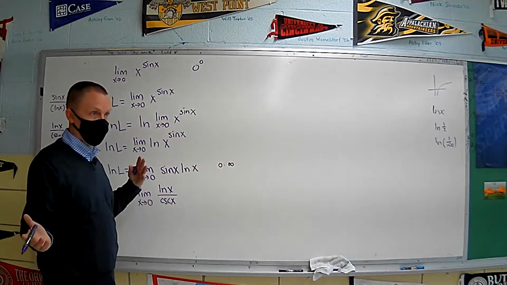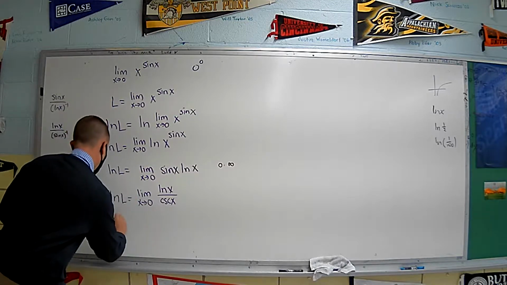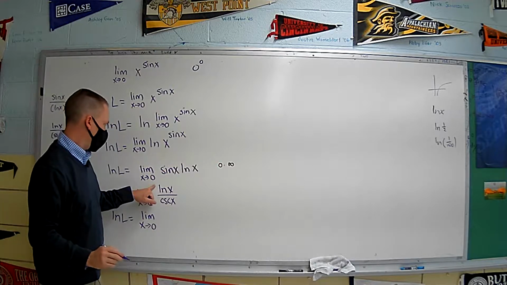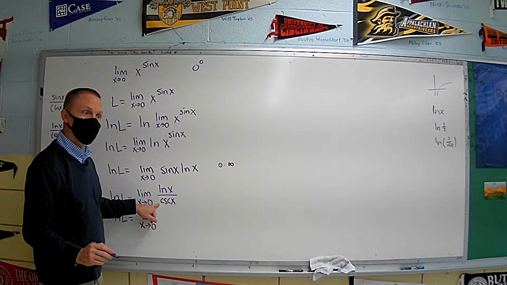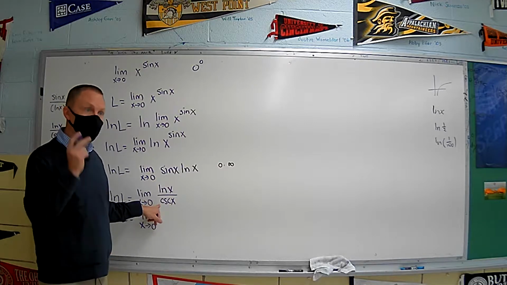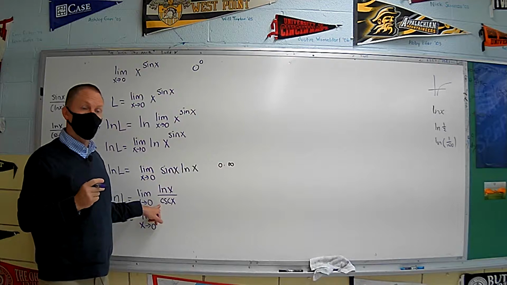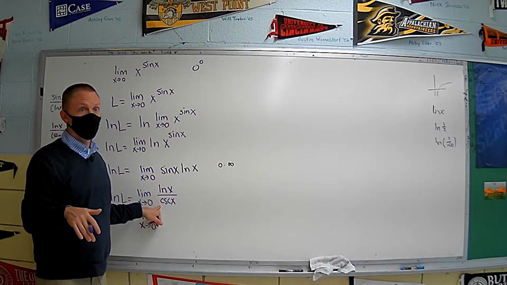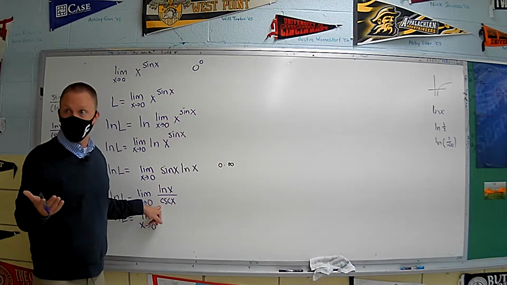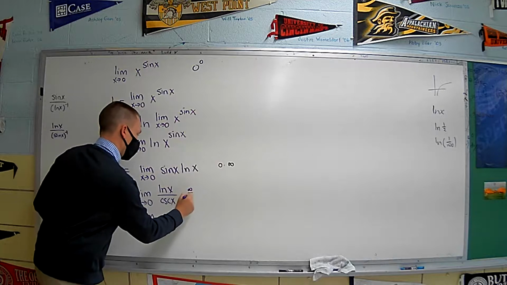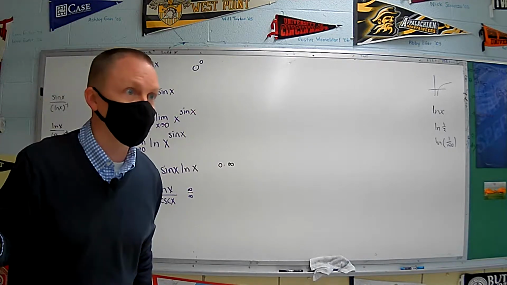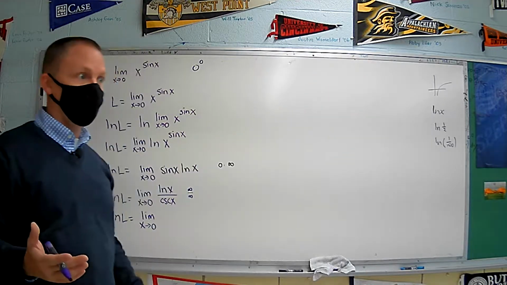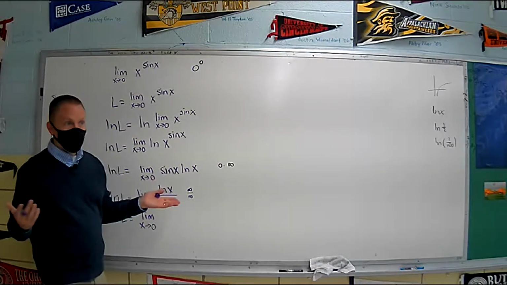Still got indeterminate form. What indeterminate form do we have? Infinity over the cosecant of 0. That's 1 over the sine of 0. That's 1 over 0, which is infinity. 1 over 0 is infinity, right? So we have infinity over infinity here. Cosecant has a vertical asymptote at 0. Cosecant has vertical asymptotes at 0, pi, 2 pi, 3 pi, 4 pi, 5 pi, 6 pi. Okay? So now, we'll do L'Hopital's rule.